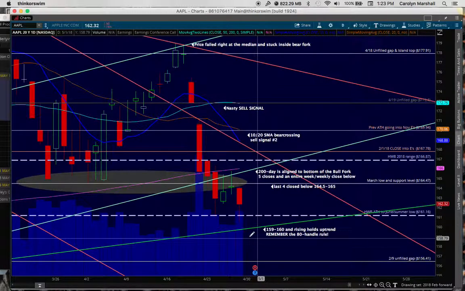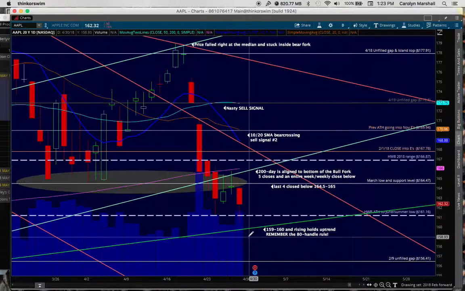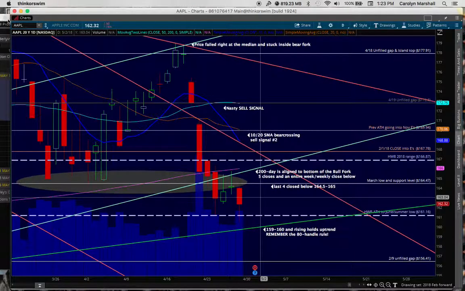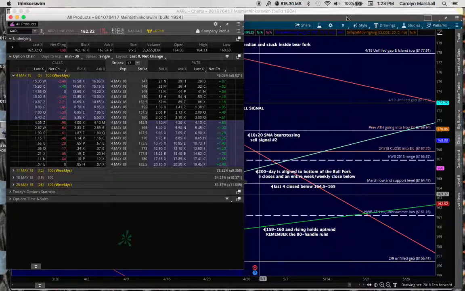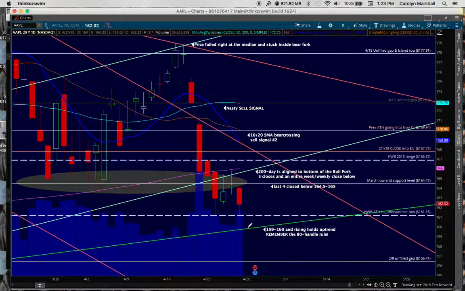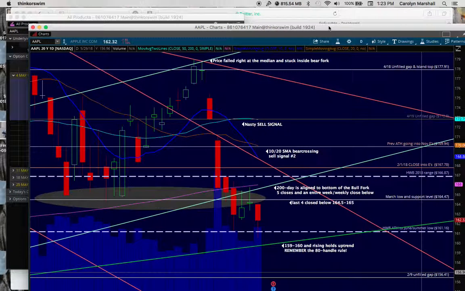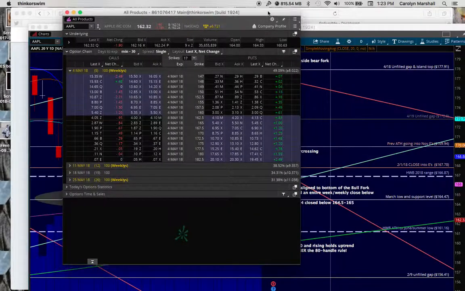Now, I don't know if that'll be tomorrow, but I can certainly see some sort of magical turnaround that happens for Apple on Tuesday, and that Apple rallies back up during the day on Tuesday. So if that's the case and you want to buy calls, maybe towards the end of the day, if you're seeing this 159 to 160 holding steady. I would say you probably want to stay out of the calls if it drops down below this, because we could be looking for a move all the way down to 156 and filling this February gap if that were the case. But if it's holding 160 and you're looking at some calls,